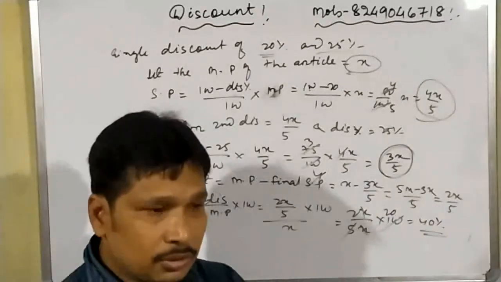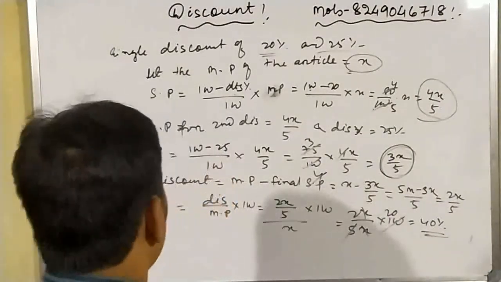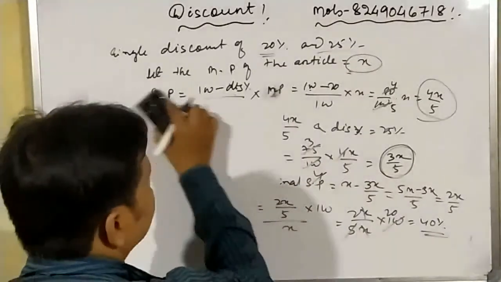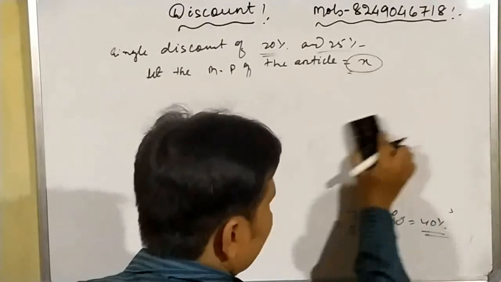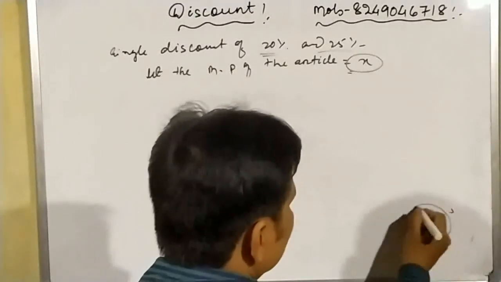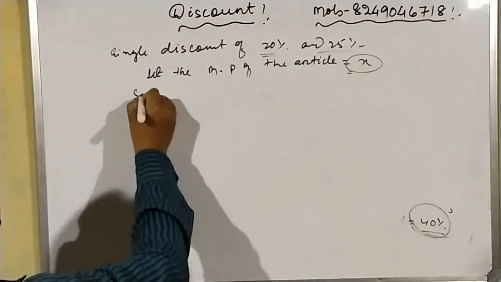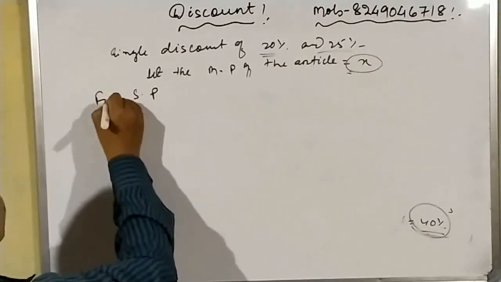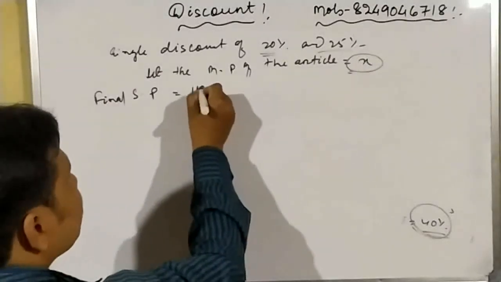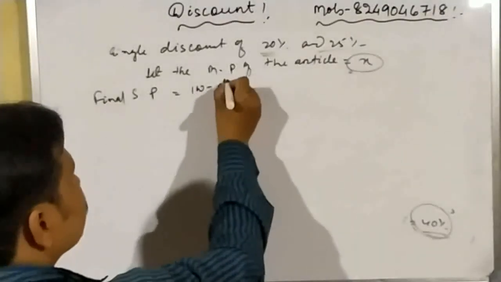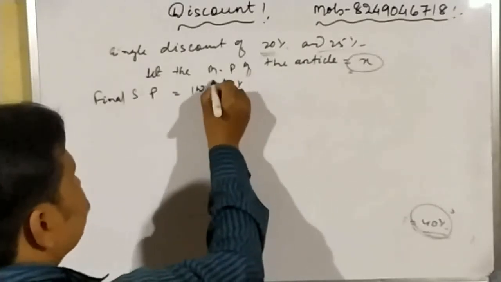I will tell you another two direct formulas. Okay student, so watch it properly. Our final answer we have got is 40%. Now how can you find it? We can find the final selling price. Selling price is equal to how much? It is (100 minus discount percentage 1)